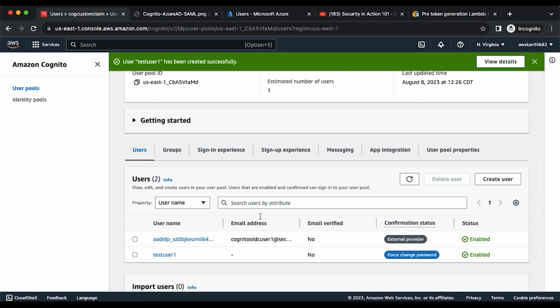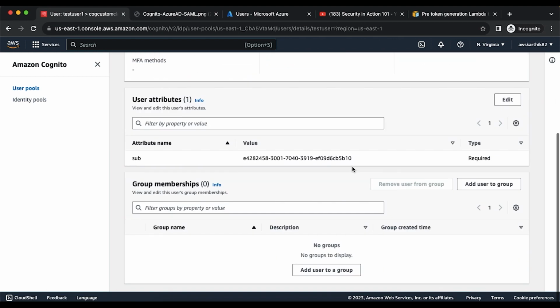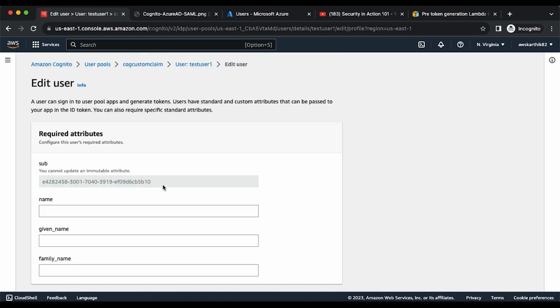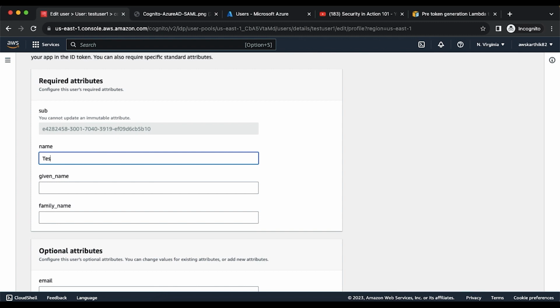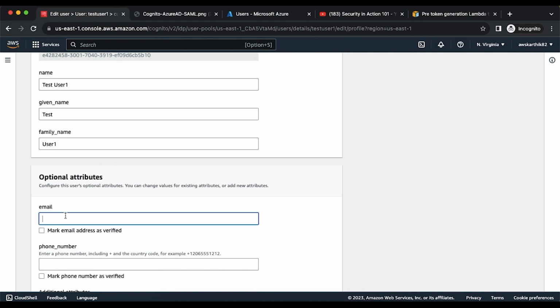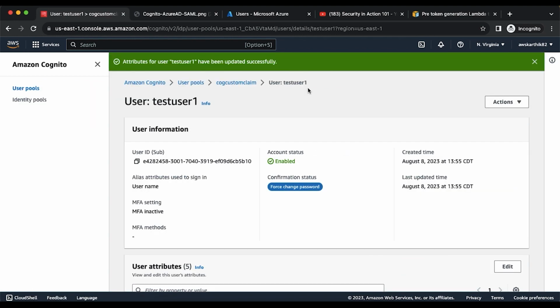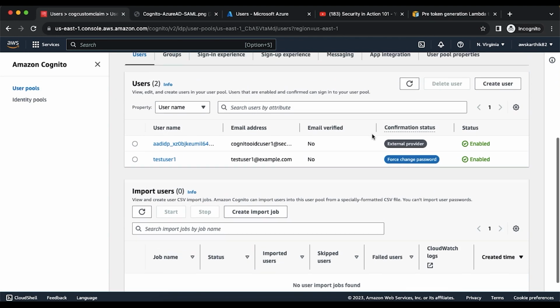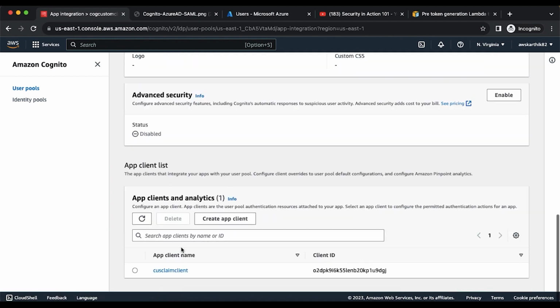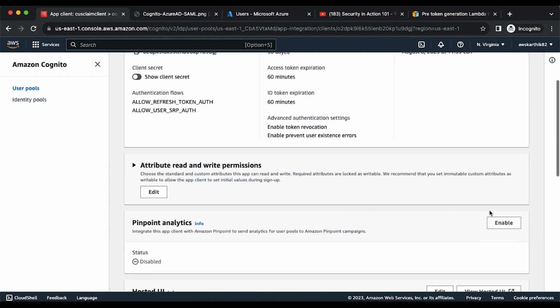So I have already configured a user called test user 1. Let me edit and add the full name, given name. I will even add a dummy email address and save the changes. Now again go back to that same app client integration tab, click that app client, copy